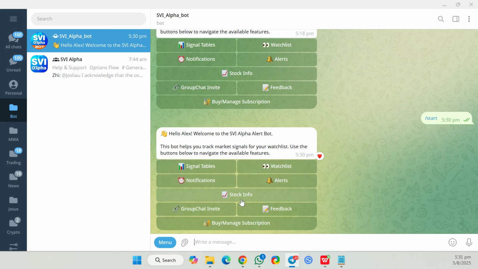And also there's a stock info. Later I'll go through with you. So let's just go through the signal table first. The very main feature of this SVI bot is to help you to screen for stocks for potential entry. So just click on the